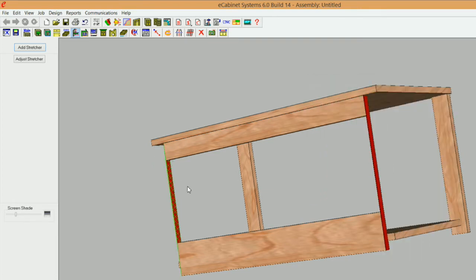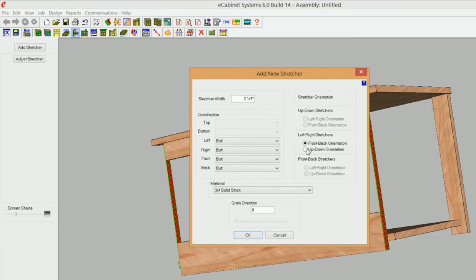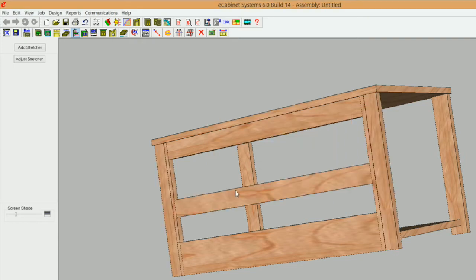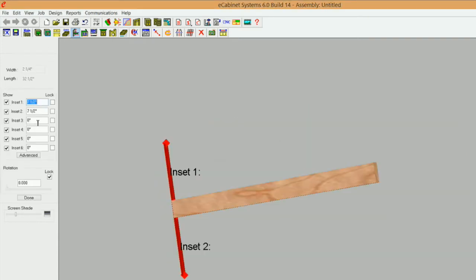U, hit escape key, U and U, and add a stretcher, up down orientation. We're doing the top rail on the back, so it's going to be 2 1/4, and adjust stretcher